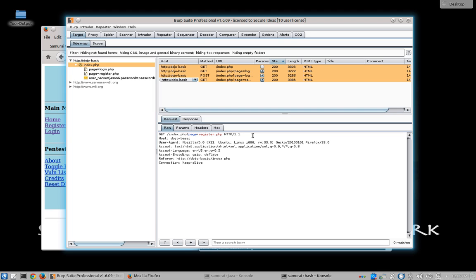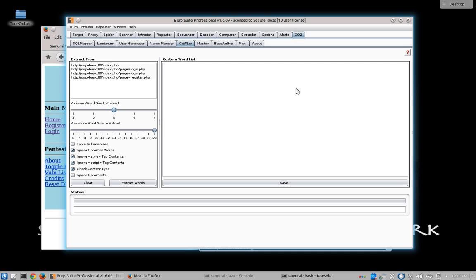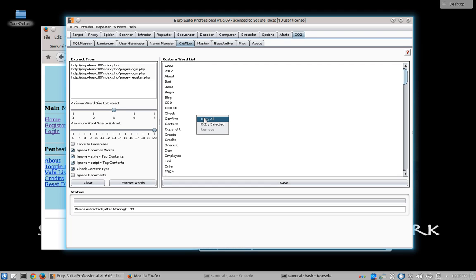So I send that over to Cooler. It doesn't bring you there right away, because the idea is you might be navigating around and picking various pages in different applications or parts of your test. Once you find them, you go over to the Cooler tab under CO2, and you'll see all of the requests listed here. Then you just hit Extract Words, and it will start pulling the words out. Now you can save this to a list, or you can just right click and copy all, or select all and copy it, and then paste that into Intruder. So where we might use this,